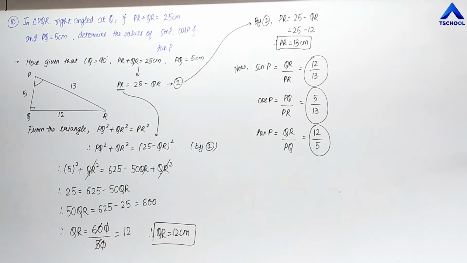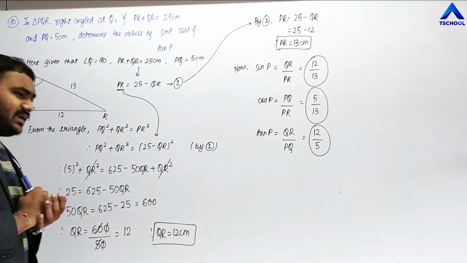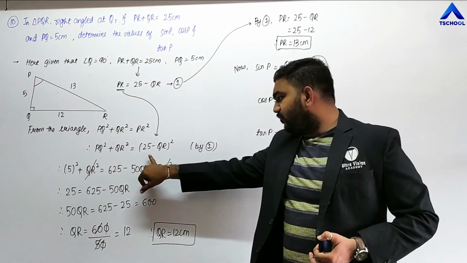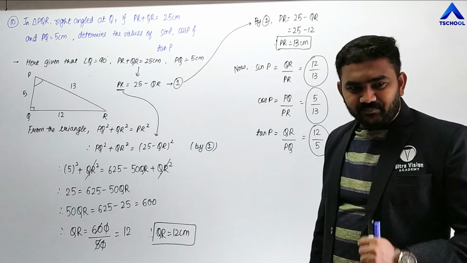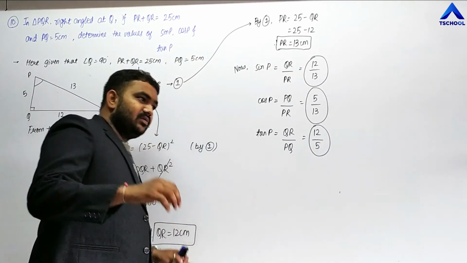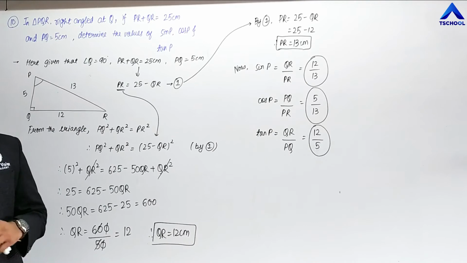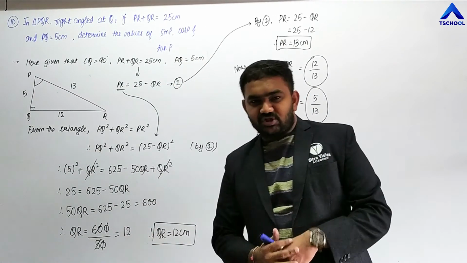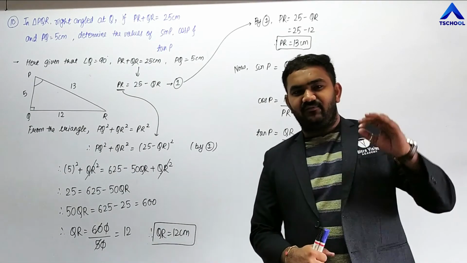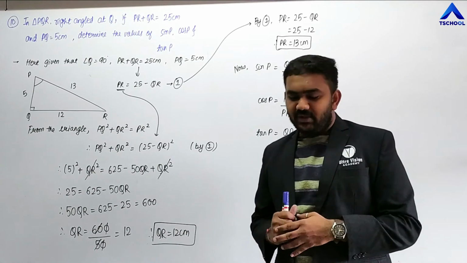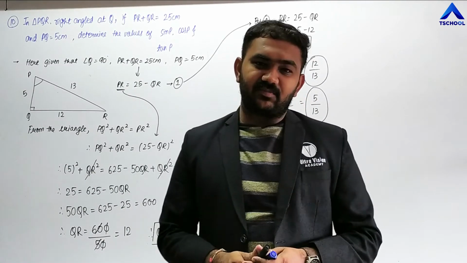Hence these are our required values. Is this thing clear? It is the easiest one in the sense and the toughest one in the sense. If you don't know how to expand this 25 minus QR whole square, then not me, in fact God personally cannot help you, friends, because this is the most basic thing that you have studied from standard 6 or 7, I think. A minus B whole square, the identity for A minus B whole square.